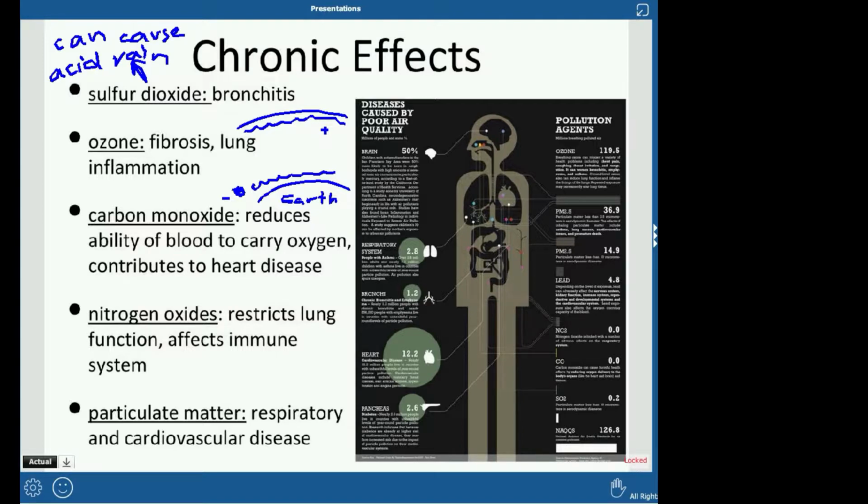Carbon monoxide is actually one of the worst greenhouse gases, and it can reduce the ability of blood to carry oxygen and can also contribute to heart disease. A lot of houses will have carbon monoxide detectors because it has no scent. It's a completely clear gas, and it can kill you if it builds up enough. Nitrogen oxides can restrict lung function and also affect your immune system, so make it more likely for you to get other illnesses. And then particulate matter can cause respiratory and